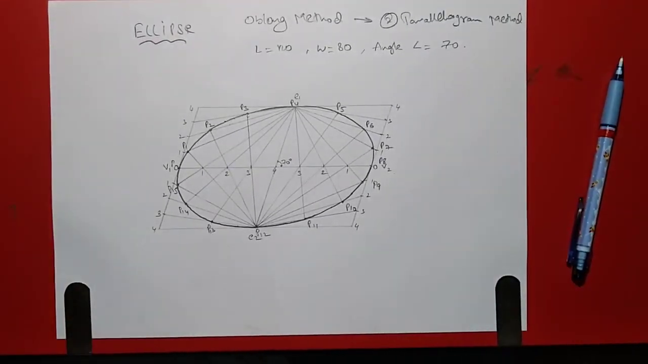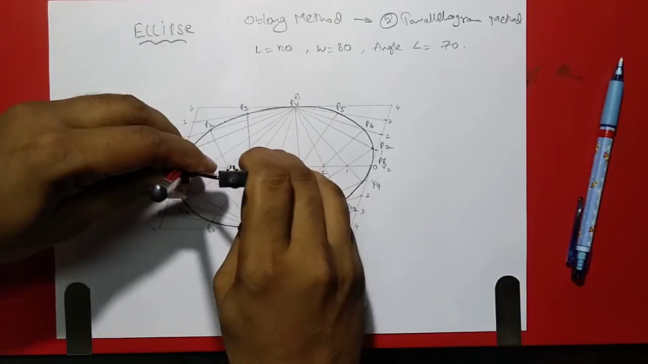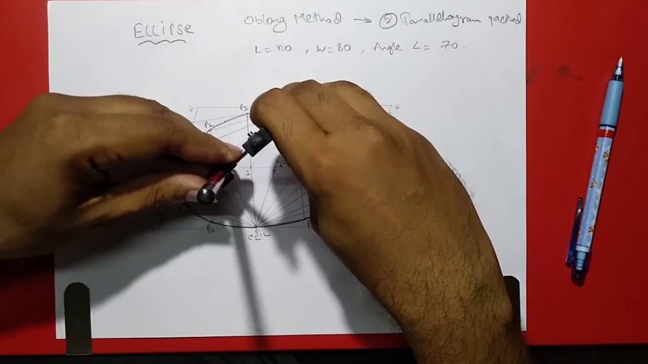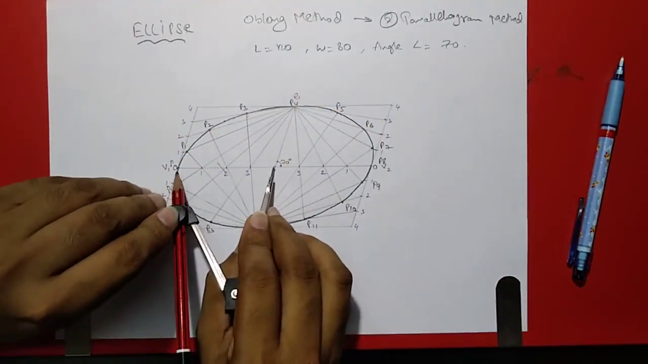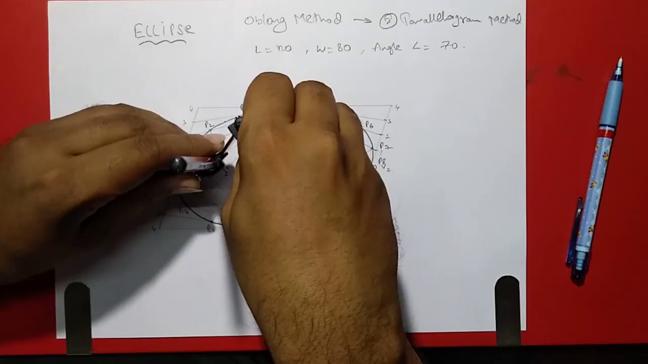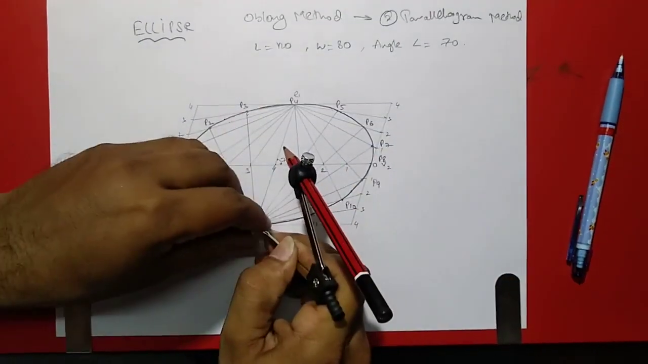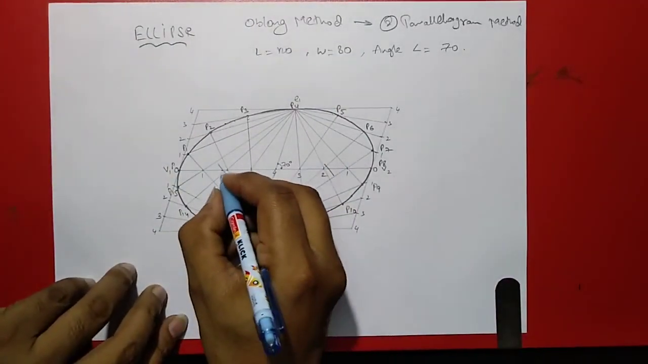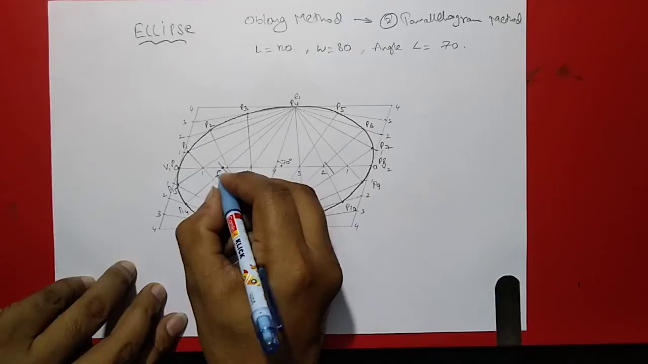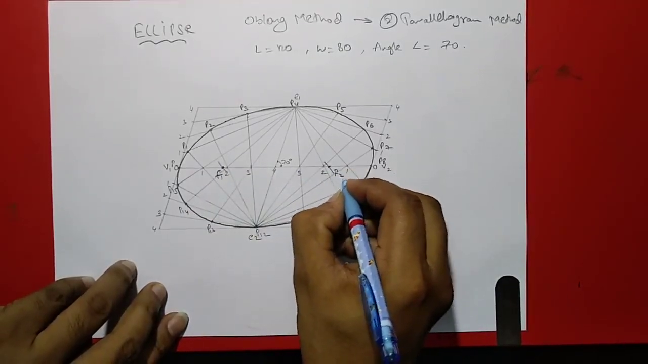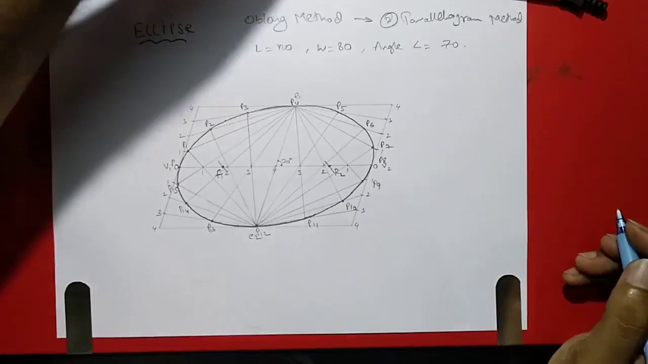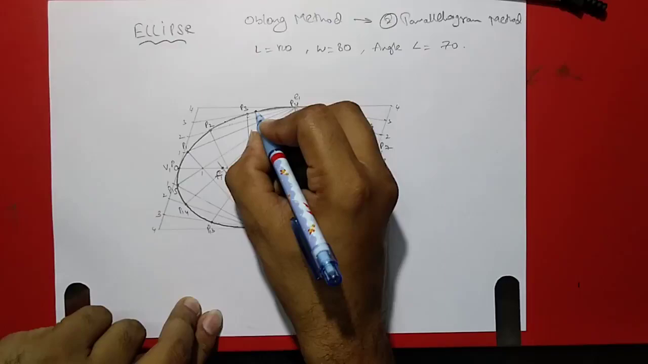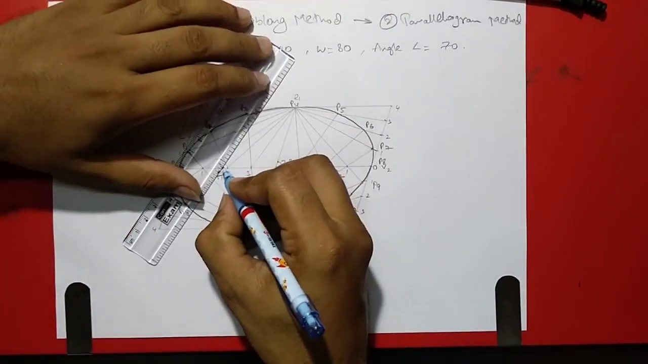If you want to create a tangent and normal for this, just measure this, keep it here. You measure half of the major axis and keep it at one of the minor axis endpoints and draw the arc. This would be focus point 1, and this is focus point 2. Suppose I'm taking a point here, at this position. Just draw in this line,